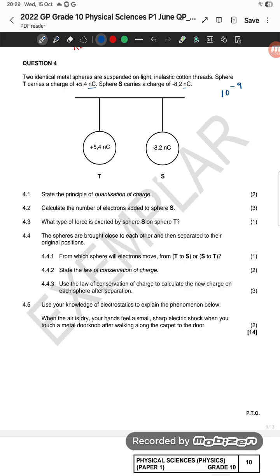Then, cool, so both 10 to the negative 9, times 10 to the negative 9. Cool. Two identical spheres: T carries a charge of that, sphere S carries a charge of that. Okay, so this one's got more electrons. They're going to come together, we're going to add them, divide by 2, and then they're going to be